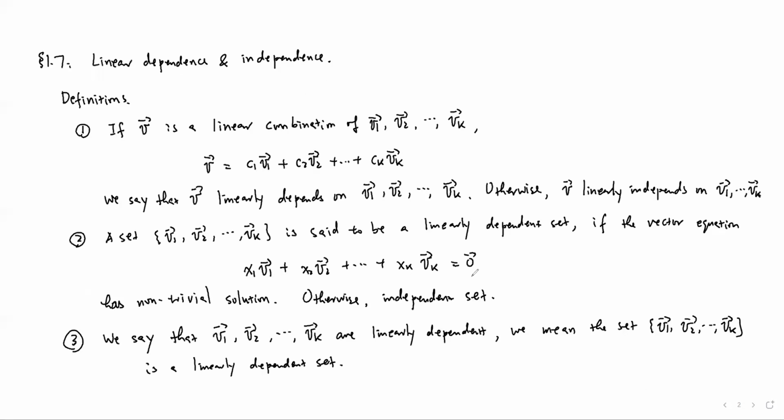Then A: S is a linearly dependent set, meaning this vector equation has a non-zero solution,